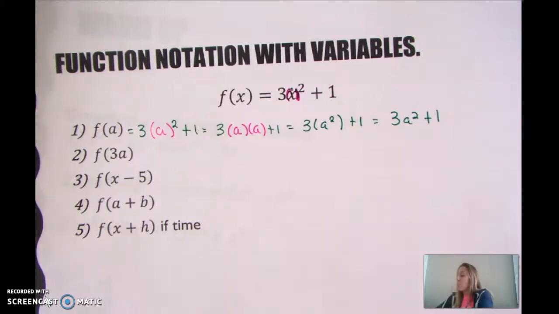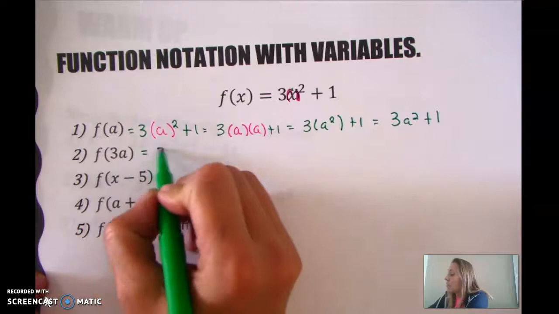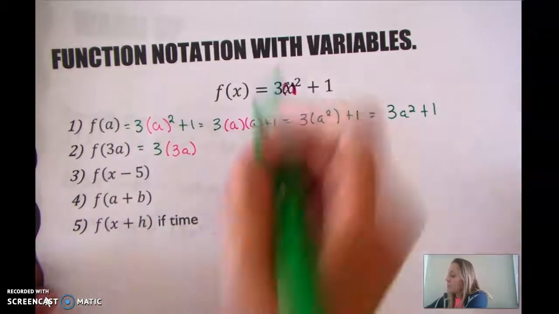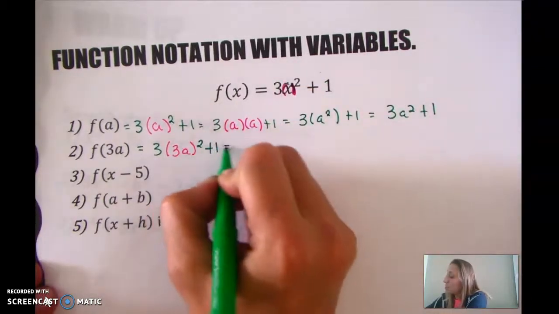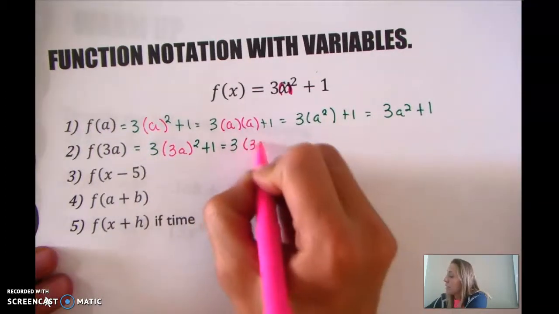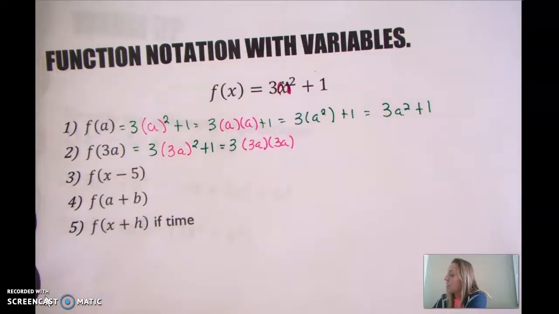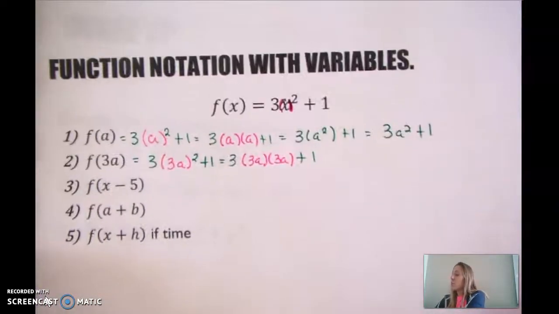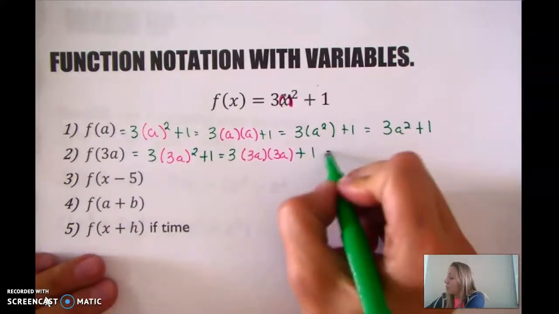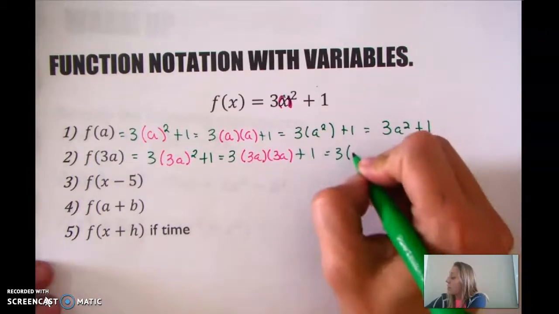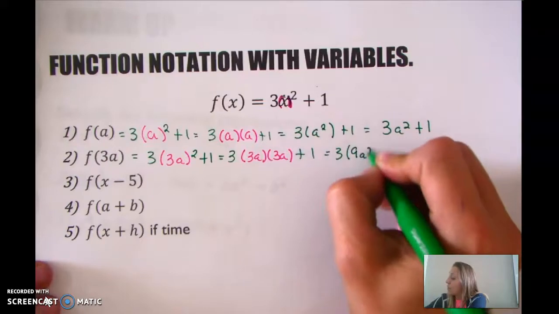So now we're going to do the same thing with this 3a. So we have 3 times 3a, the squares from the function, plus 1. Okay, so then we get 3 times 3a times 3a plus 1, because 3a squared is 3a times 3a, right? So then we are going to do 3a times 3a squared. So that equals 3 times, well, 3 times 3 is 9, and a times a is a squared. So the 9a squared